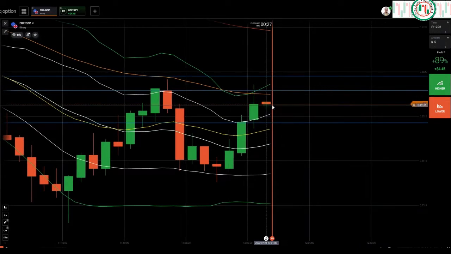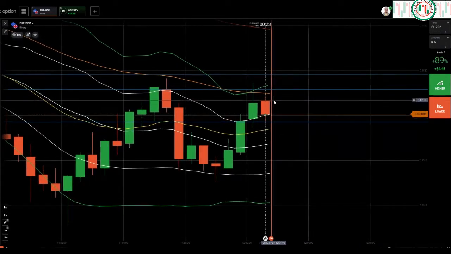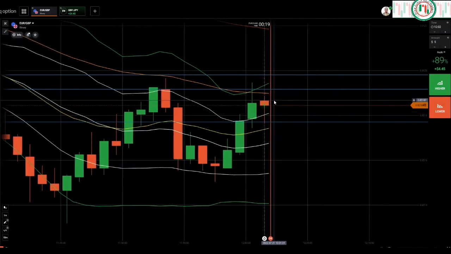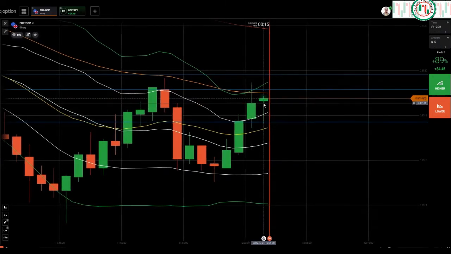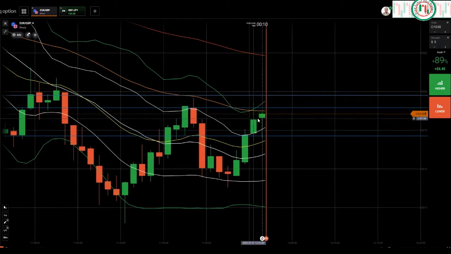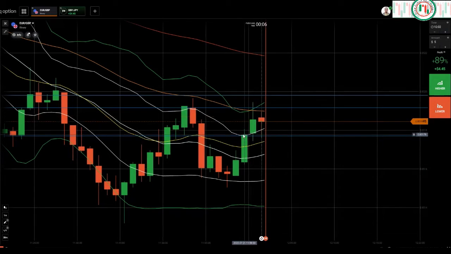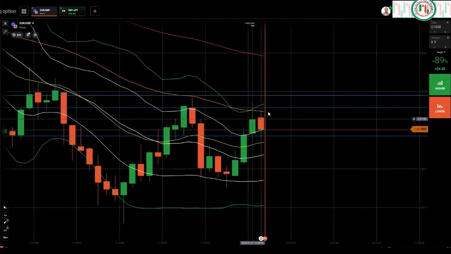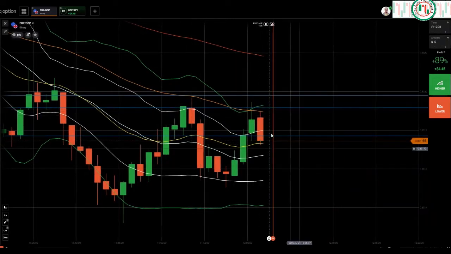You see another gap. So if you see too much gap, the market is not nice, means the market is not good. If you see too much gap everywhere, you see another gap here, so the market will not reverse. You see this one, market did reverse. So if there is no gap here, you will place put option, but you see another gap here, so the market may reverse, may go up, and here as well. So you wait